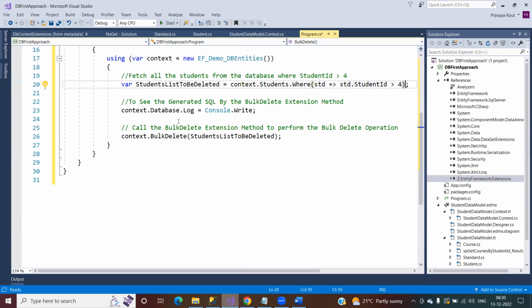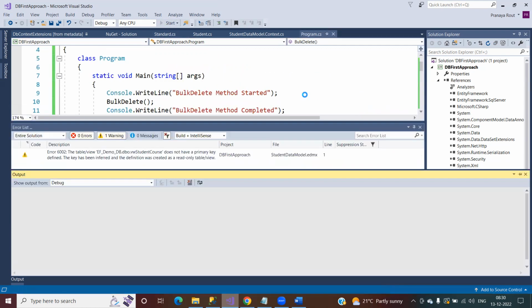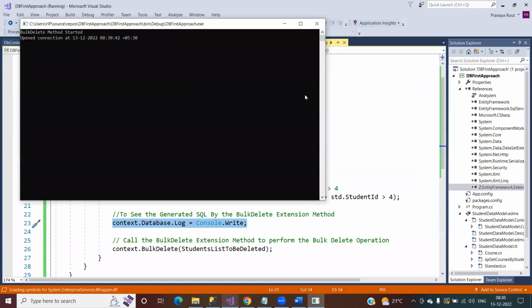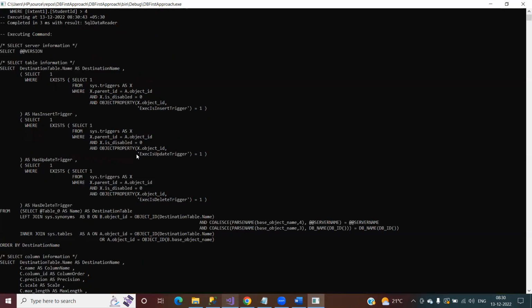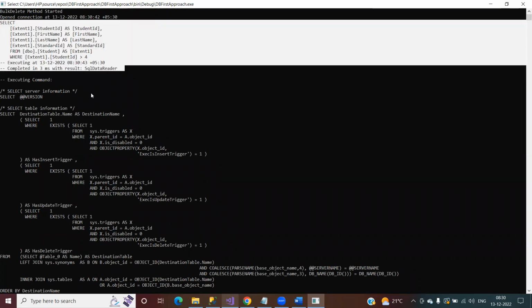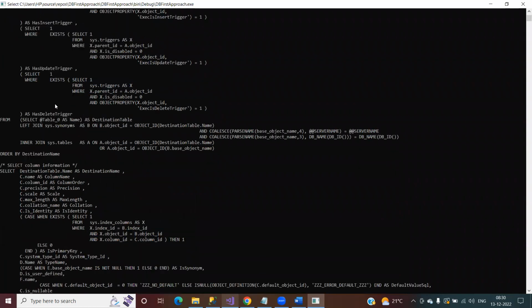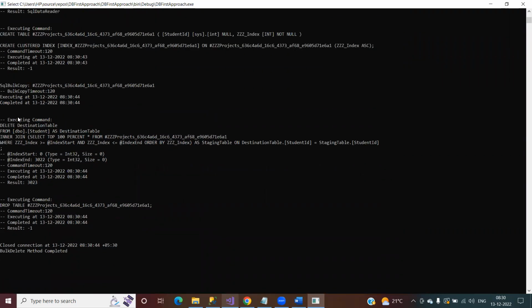In this case, I'm just calling this bulk delete method, and that's it. And here, I'm just printing what SQL statement is generated by the context class. So now let me run the application. So this is what you can see, the code is generated. This is the select statement which is fetching the data from the database. And then this is the code which is generated by the bulk delete method, and you can see it is